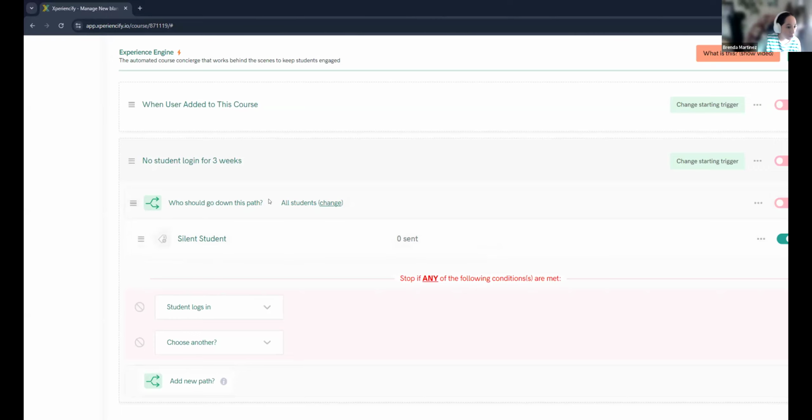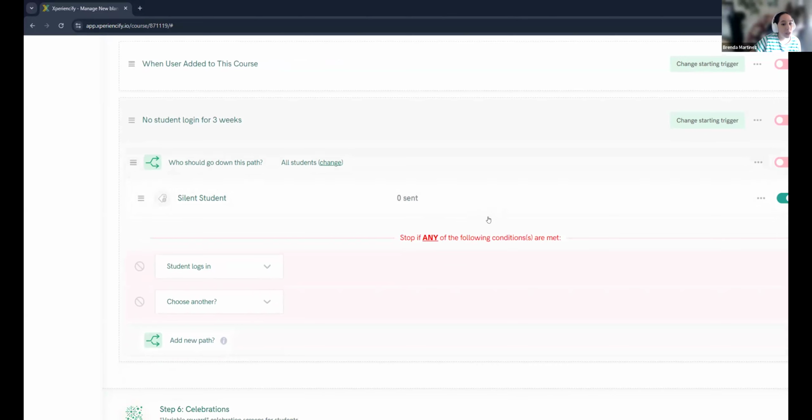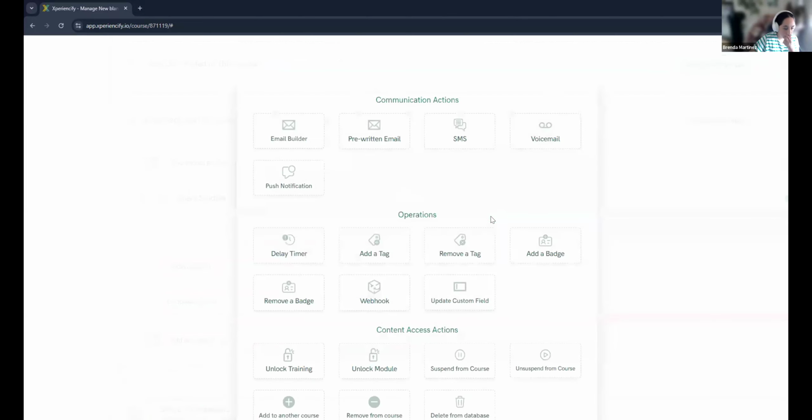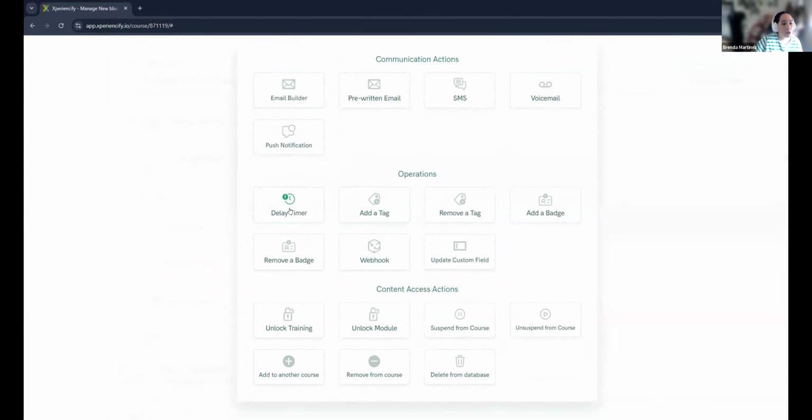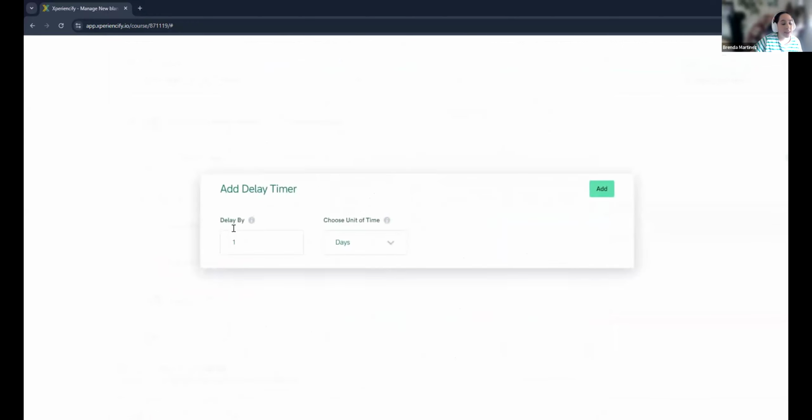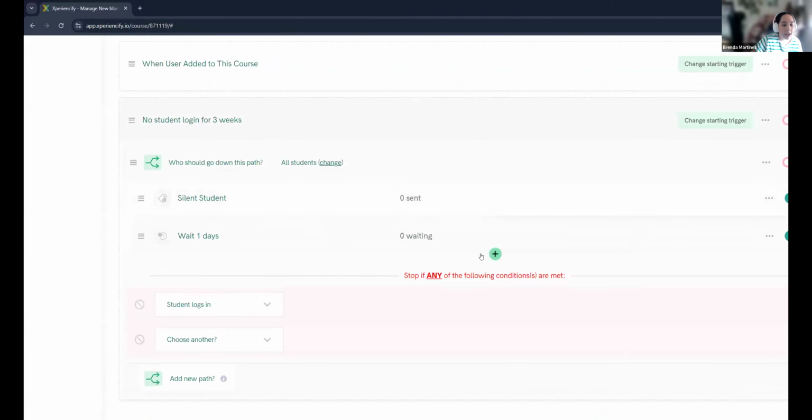Now, what do you want to happen? Maybe you want to send them an email, right? Or maybe you want to add a delay timer. Let's say that if they haven't logged in, I wait 1 day, and then I will send them an email or a push notification,